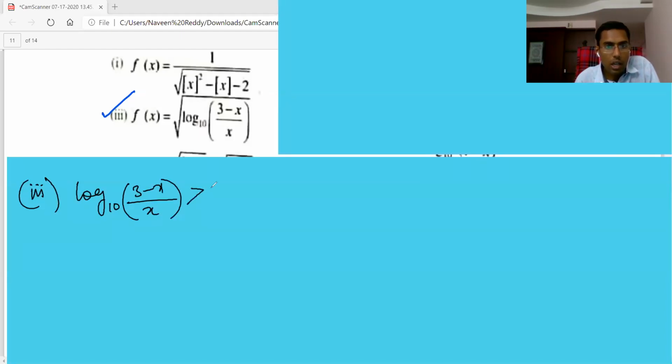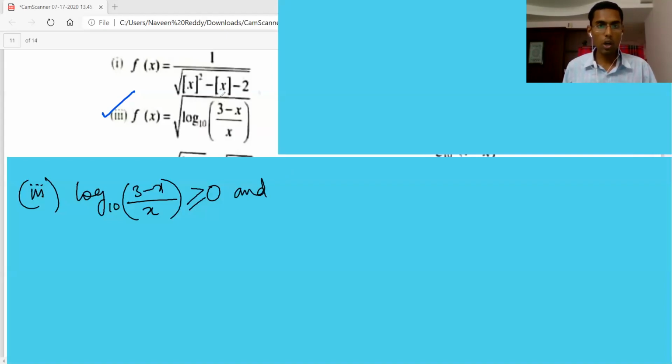All right, so let's try question number 3. Question number 3 is this: under root, whatever is there under root, log base 10 of (3 minus x) by x, this must be greater than or equal to 0. One thing. And also